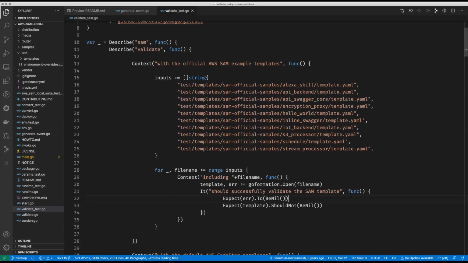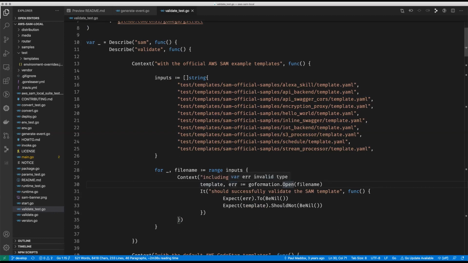Yeah, so expect error to be nil. So if error not nil, how can it be more simple than if error not nil? Anyway, and then it expects the template, which is what the function returns. Can you just see what the function returns? The open. No, I can't. Oh, GoPLS isn't playing today. But okay, it returns